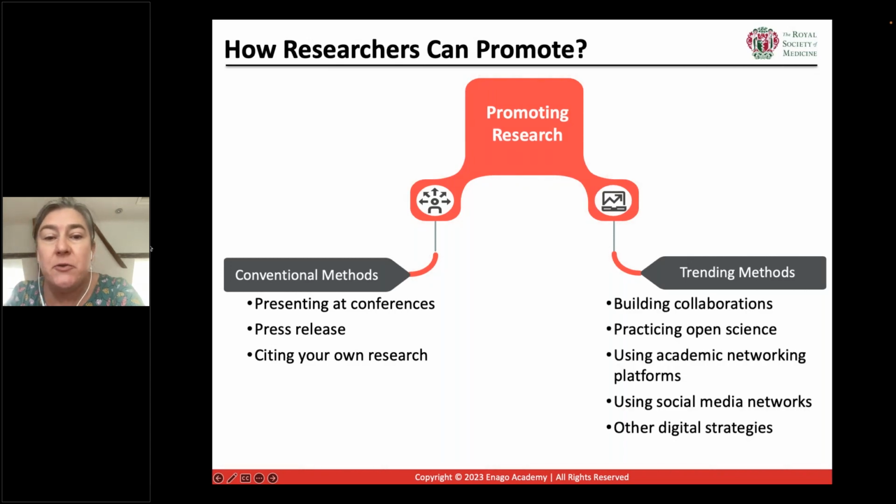But then you can also build collaborations, practice open science, use networking sites, and also take on other digital strategies, which are some of the emerging and, if you like, more global, more digital ways to reach out and find new readers and other people to collaborate with.